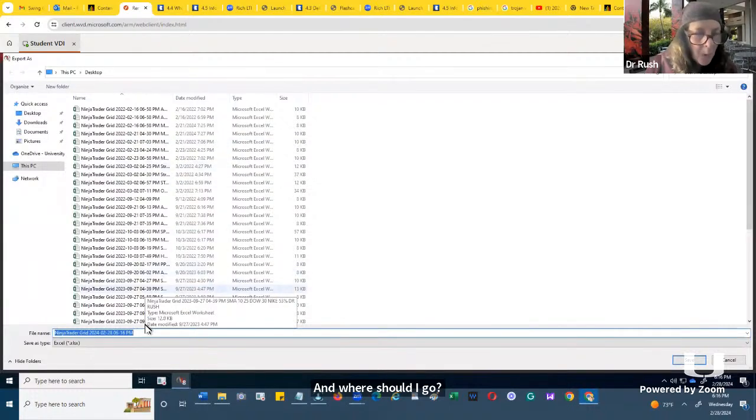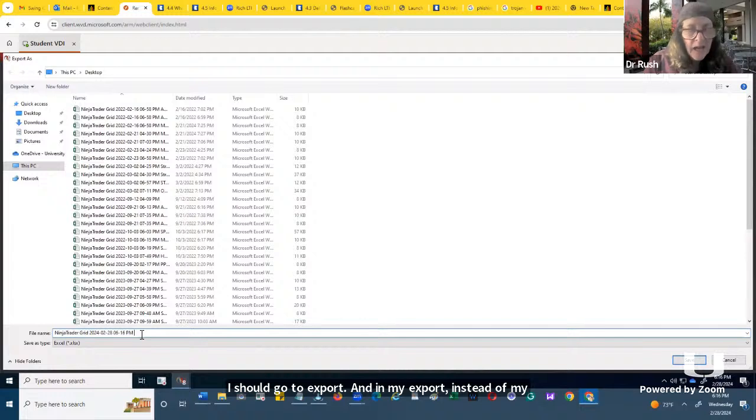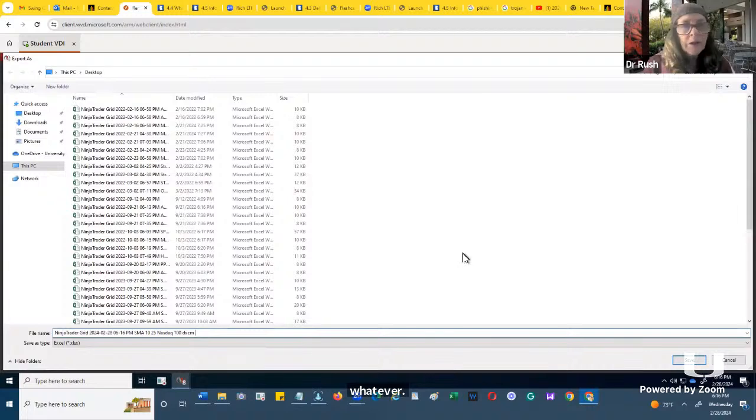In my export, instead of my Ninja Trader here, I'm going to add that I'm using SMA 10 25, but I'm using NASDAQ 100. And then I give it the name, the DXCM or whatever. I give it the percent and so on, and my name. I just want to go through this really quick right now because I want to show you the second